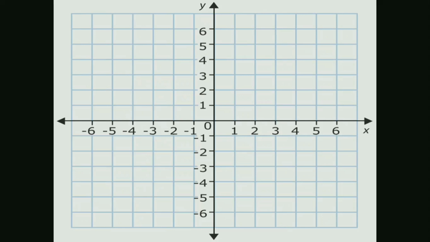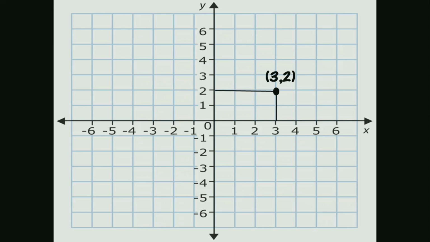For example, here is a point. I want the location of this point, and for finding the location, we require a reference. So we will take the reference of the x-axis and y-axis. We can see that this point is covering 3 units on the positive x-axis and 2 units on the positive y-axis. So its location will be given accordingly: 3 units for x and 2 units for y.